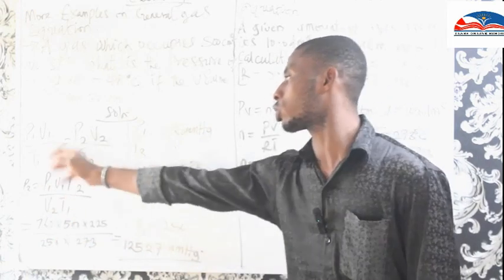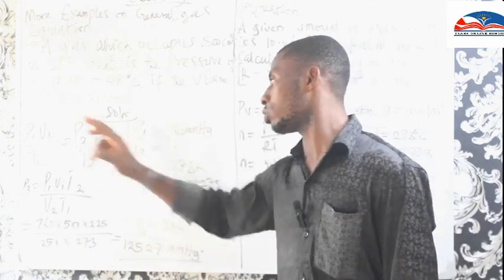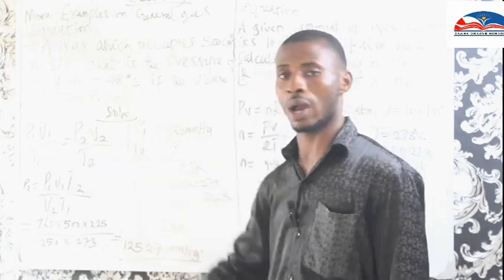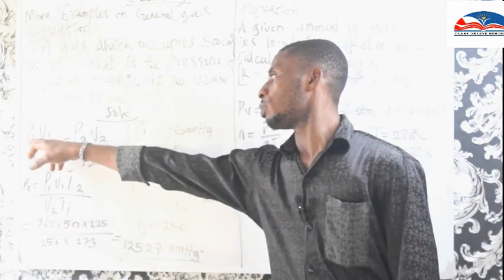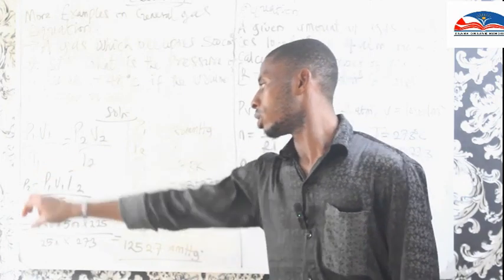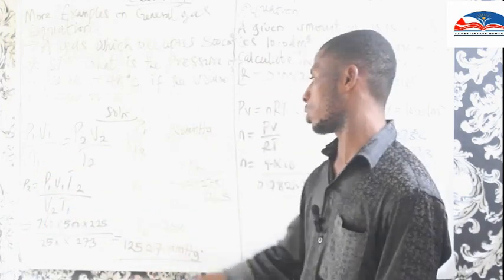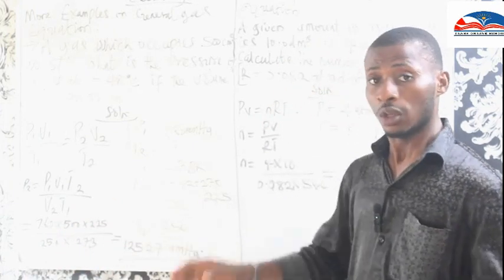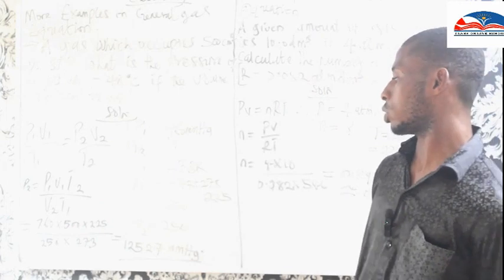How do we get it? We just cross multiply and make P2 the subject of the formula. If we bring up P2, what is remaining is V2 and T1. So we have P2 equals P1 V1 T2 all over V2 T1. So we put our figures: 760 times 500 times 225 all over 250 times 273. If you press your calculator, you see that it will give you